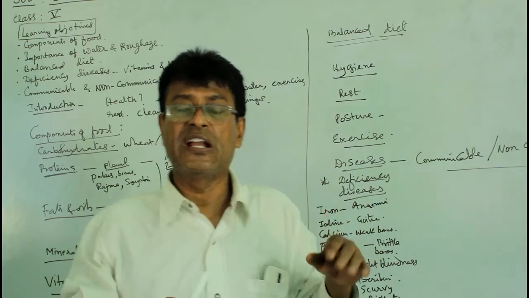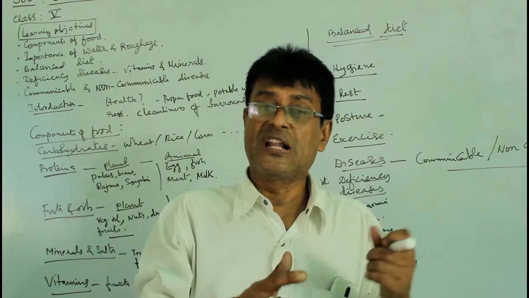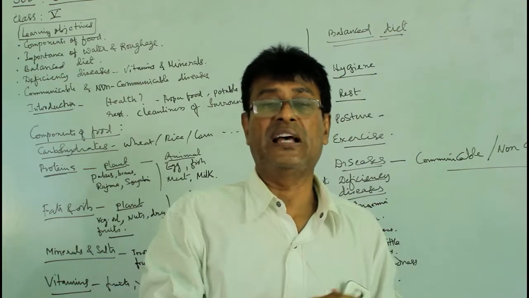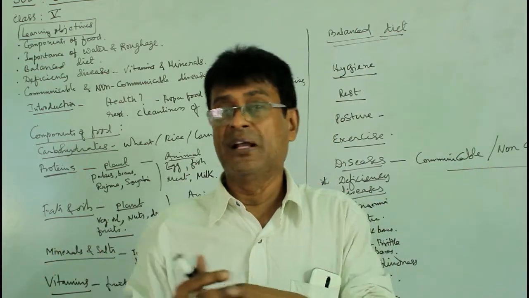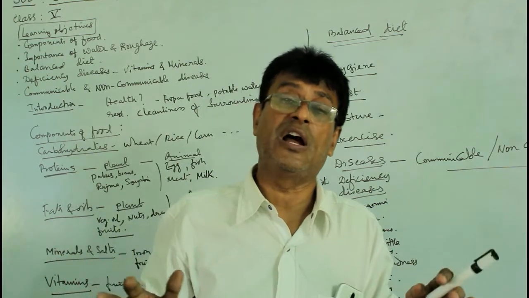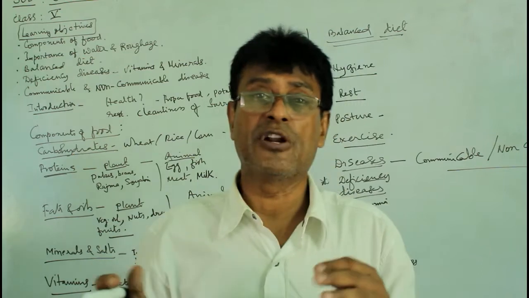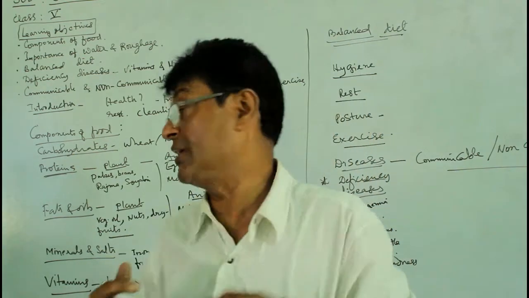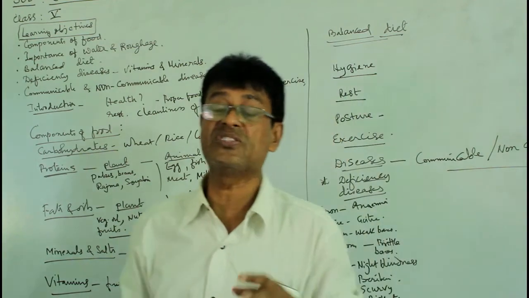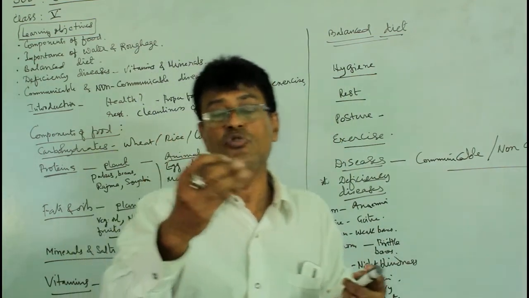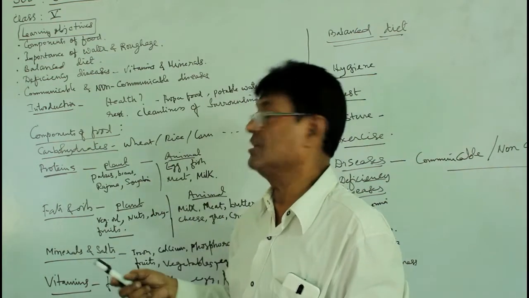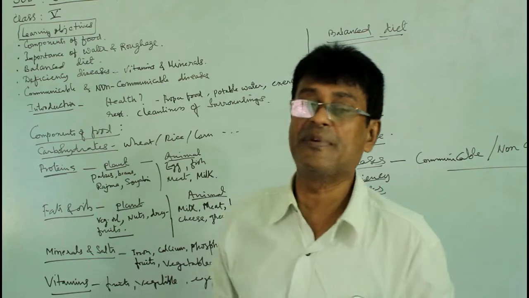Now protein we get from two sources. One is plant protein. Plant protein is easily digested. And the other one is animal protein. Animal protein is a little difficult to digest, but both of them are required. Plant protein and animal protein we never classify separately, we take them together. In plant protein we have all pulses. Pulses means dals: chana dal, moong dal, masur dal, all those. Also all kinds of beans, rajma, soybean, etc.